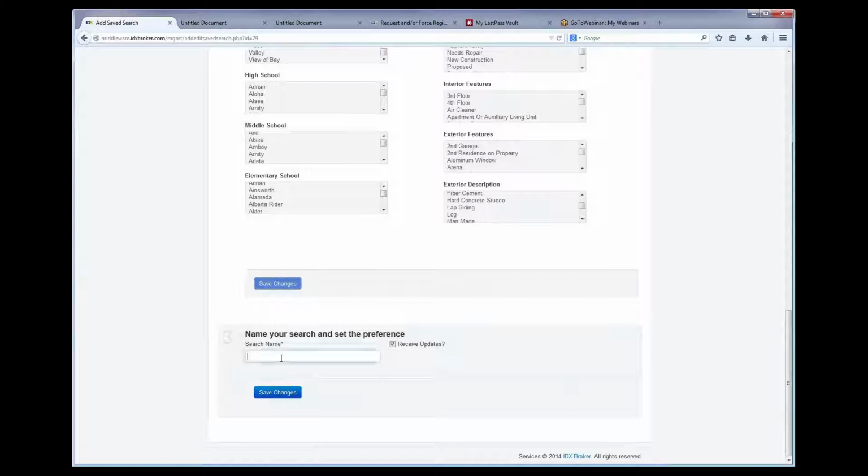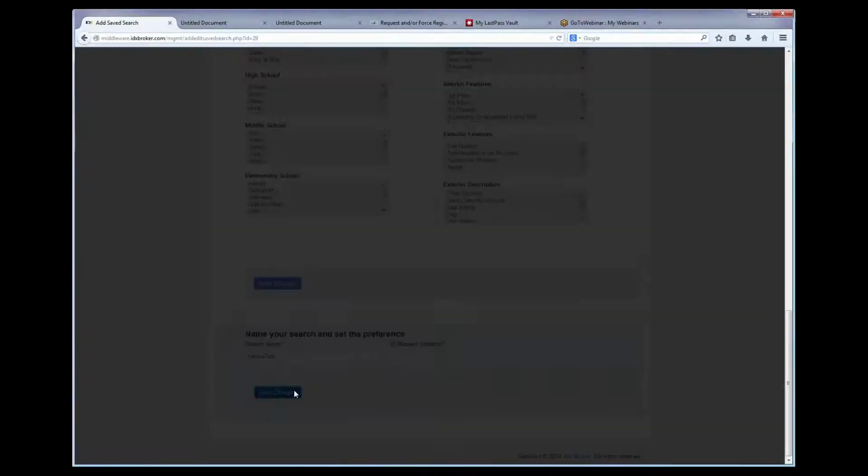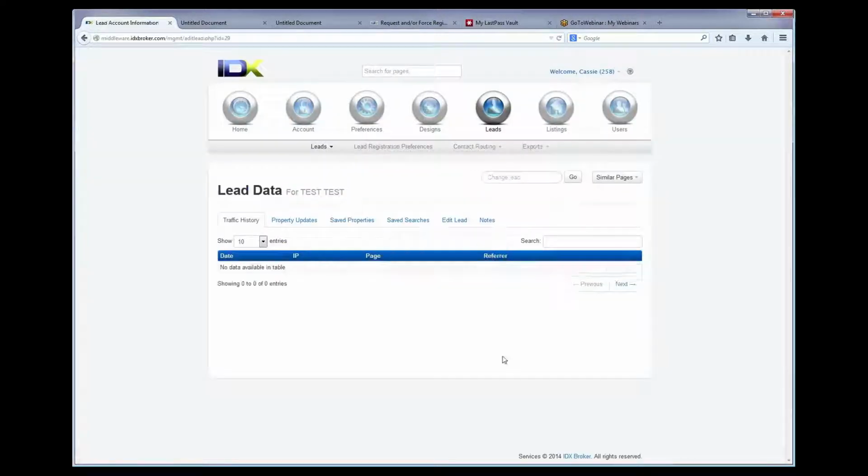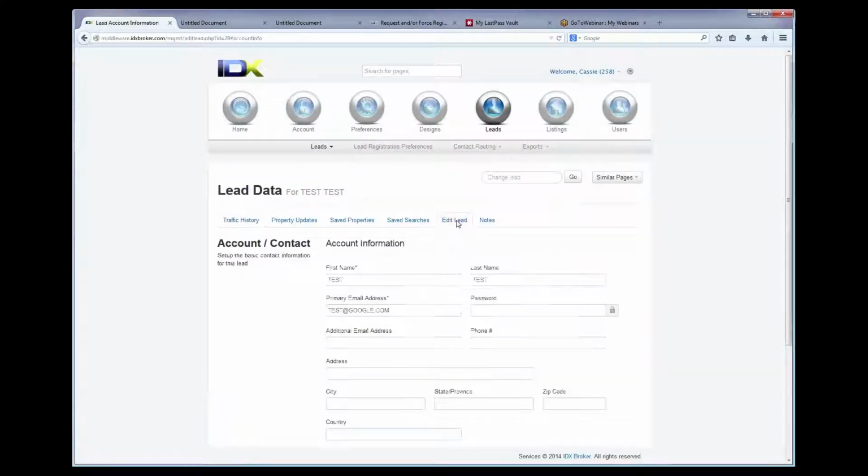And you would just give it a name. And then hit Save Changes, and that does sign them up for email updates. Edit lead, maybe other than saving searches and properties, which we'll actually look at a second time when we